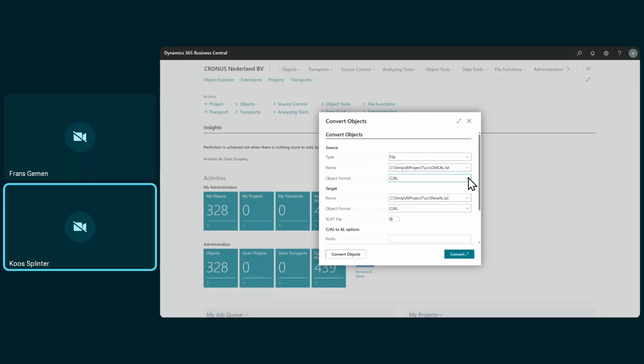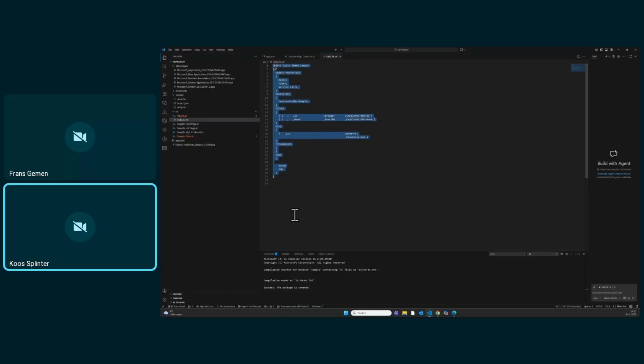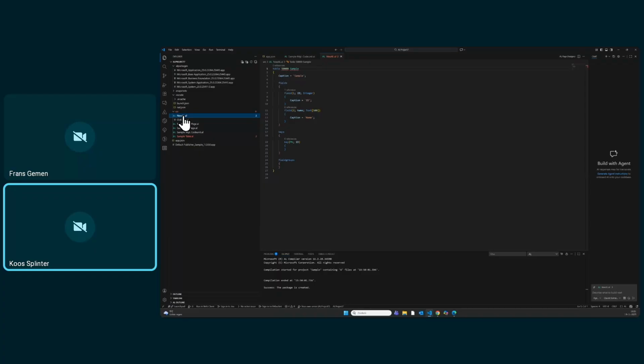I could also have done it the other way around, of course, and I want to change it to AL, but based on the context of a CAL file. So now if I press convert and I switch to Visual Studio Code, now you see the errors popping up because this has already been interpreted as a new file, but it has exactly the same name and object number. So, but that's not the point, of course. It misses some properties, of course, like